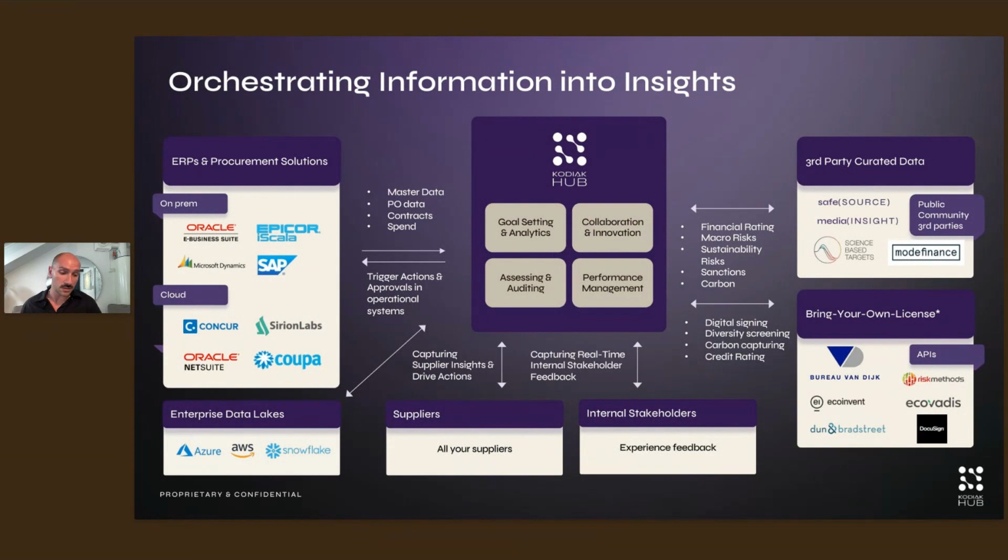ERP solutions, as you see on the left-hand side of the screen, these particular modules need to make sure that they're feeding the data in and out, pushing and pulling data to make sure that there's data quality between the solutions. The supplier data, of course, being able to feed in from the external stakeholders, your internal stakeholders, as well as third-party data sources, market intelligence that might be out there related to risk, related to sanctions, related to politically exposed persons,